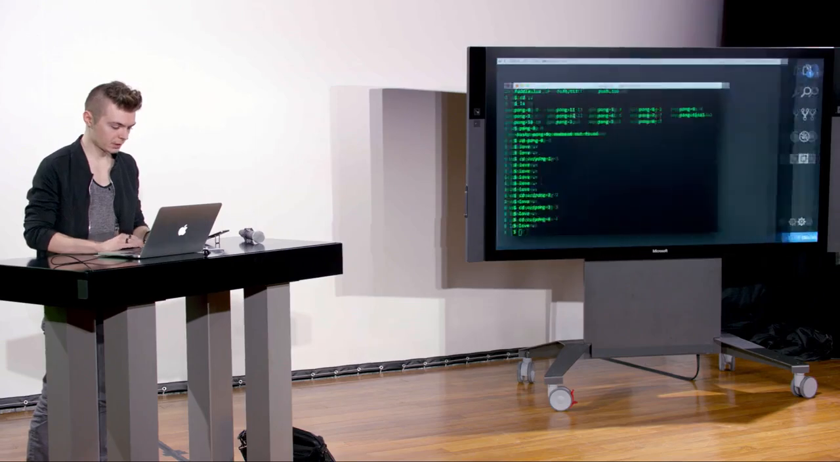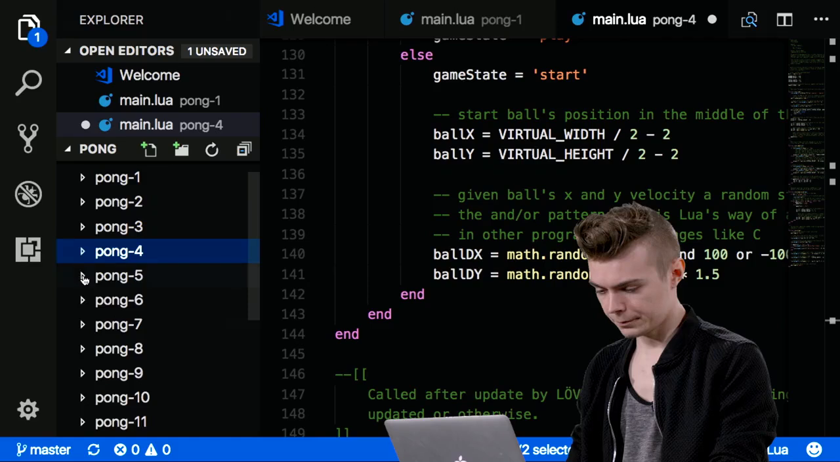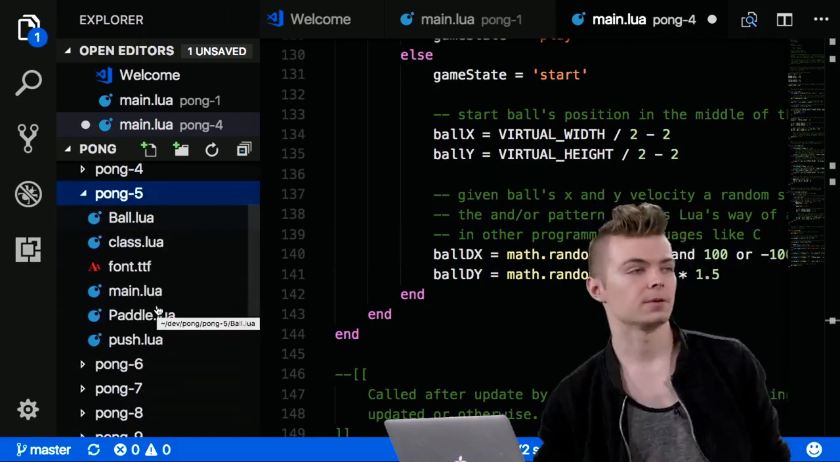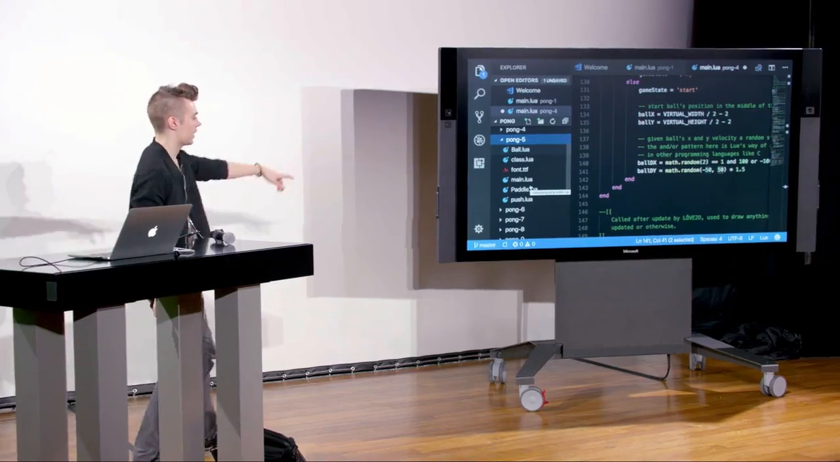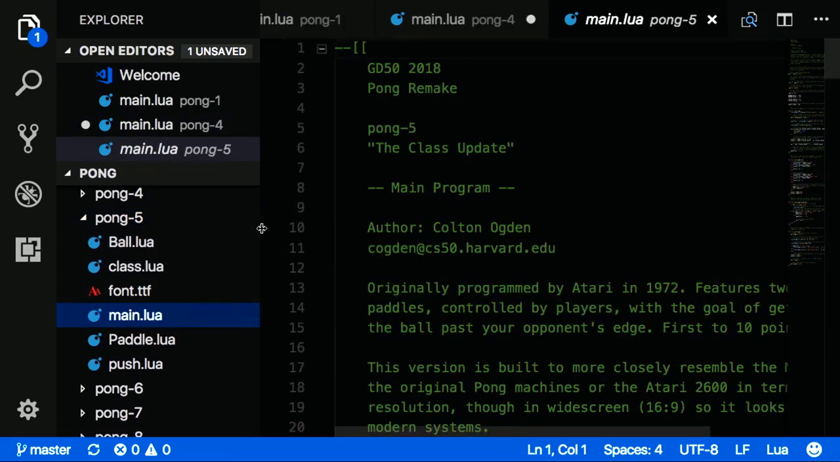So let's go ahead and take a look at Pong 5. So in Pong 5, immediately, if you look at the directory structure, you can see that we've added a ball.lua and a paddle.lua. And it's tradition in most languages that have object-oriented programming, as it's called, to capitalize class names, just so you can differentiate classes, for example, from concrete objects or variables or functions. So if we go to our main.lua,